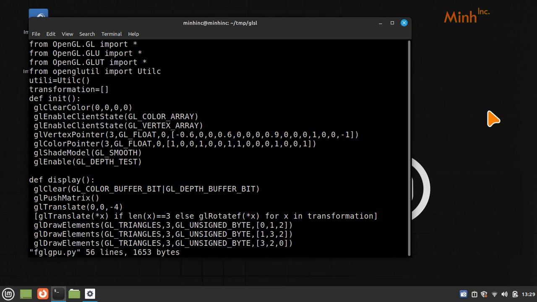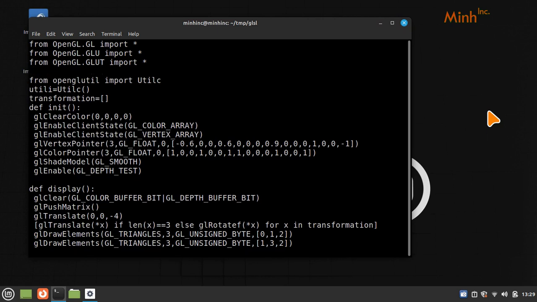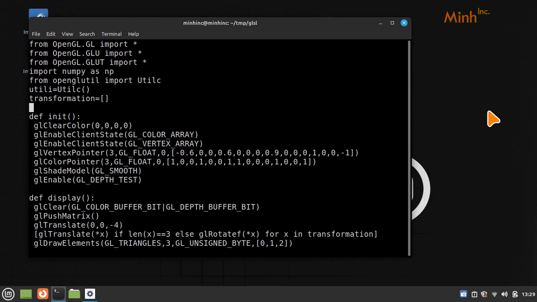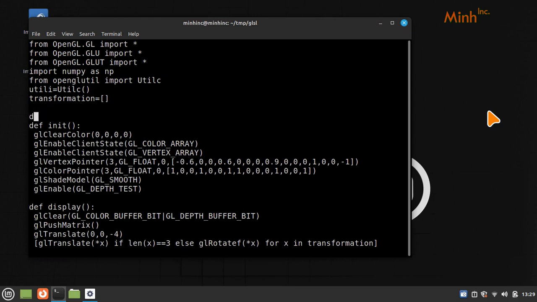Okay, so we are at the code now. We will execute it for the GPU. So what do we need to add now? We'll import numpy as np because we need float32, and now we'll write the shader code. So I'll say vert code equal to